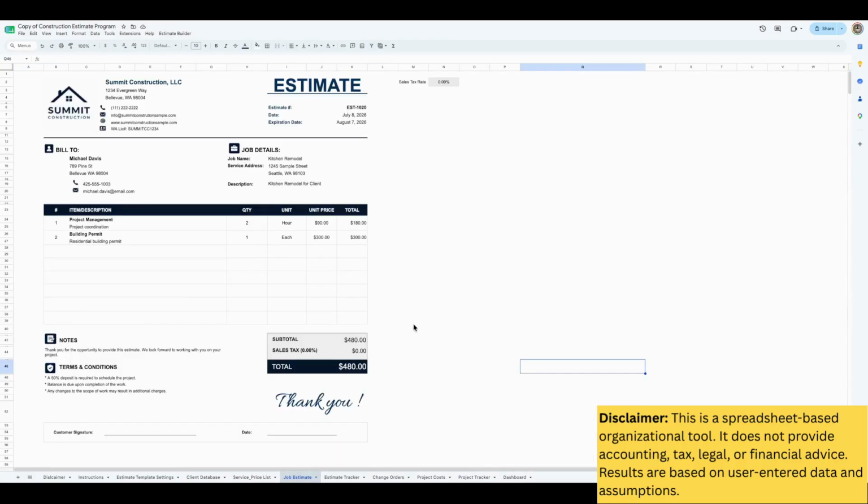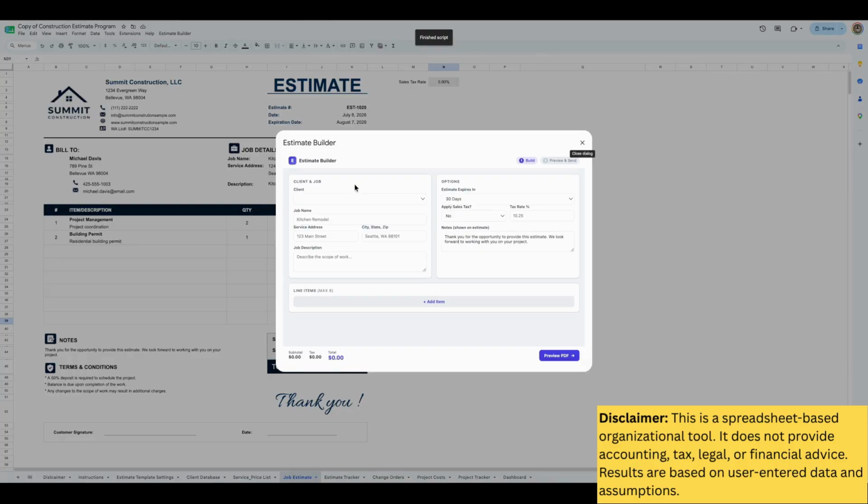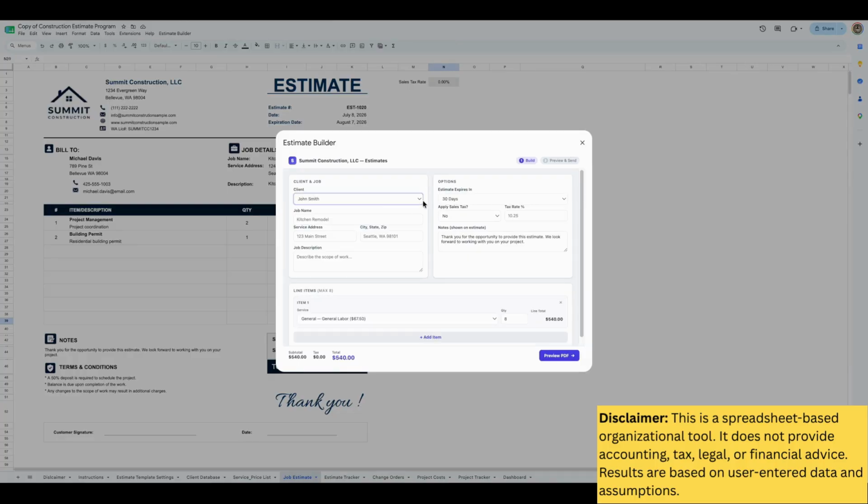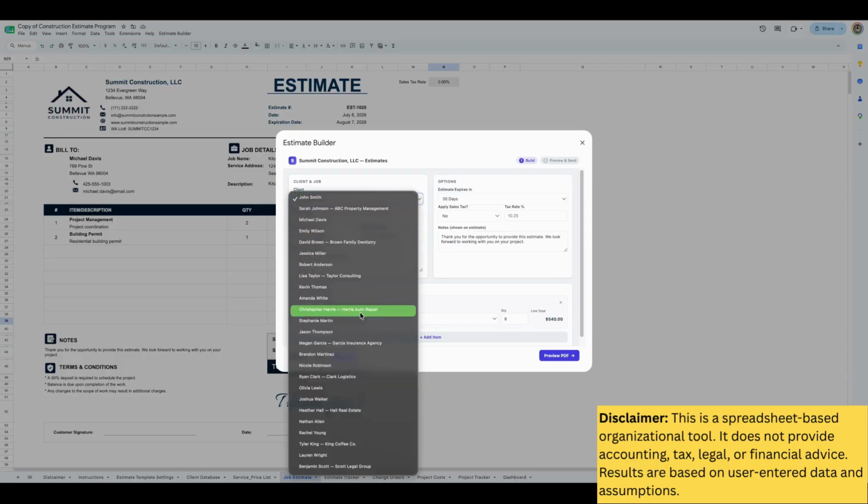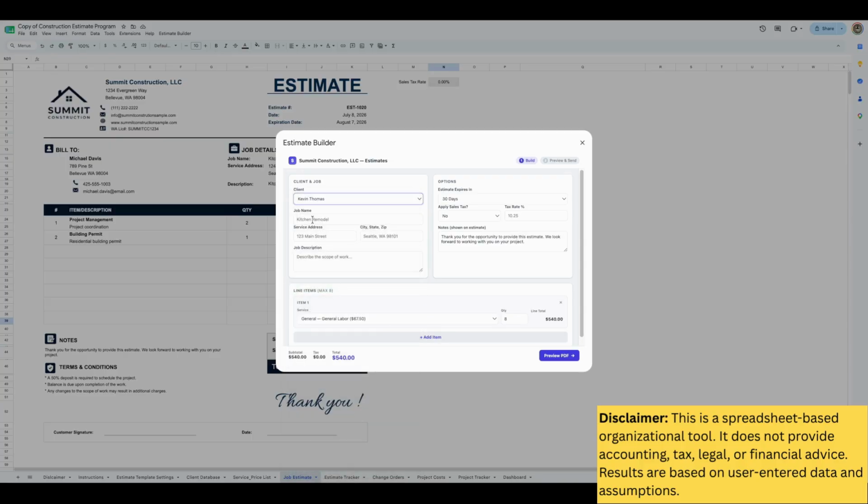And then the job estimates is where you come in and create an estimate based on your service and product list to give to a customer. So when you're ready, you come here, you run the estimate builder, and you can select any client that you have set up in your client database. The drop down from this builder comes from the client database. Let's say we select Kevin Thomas, and then the job name, let's say